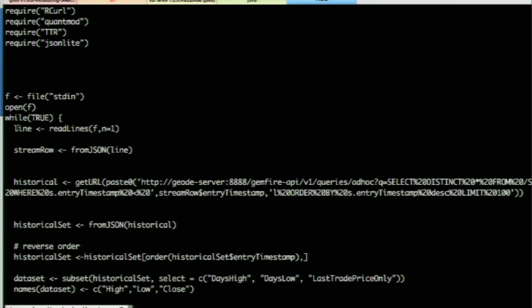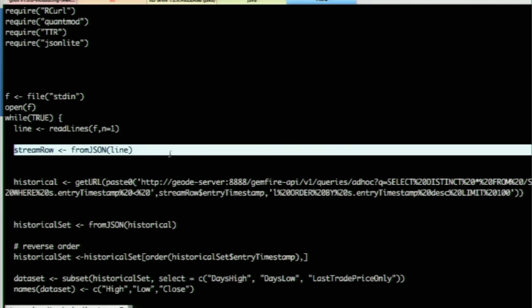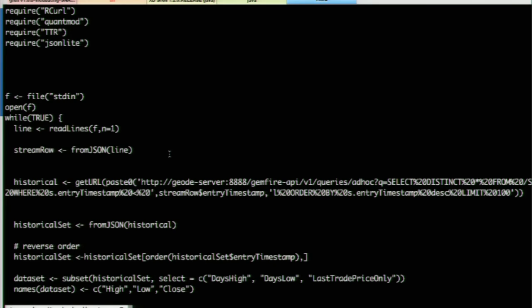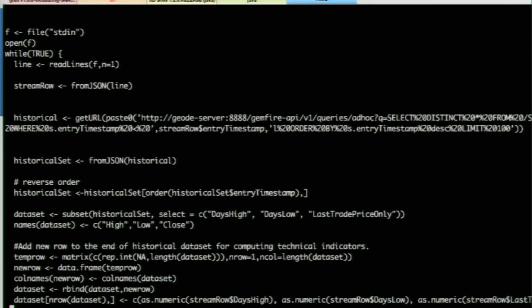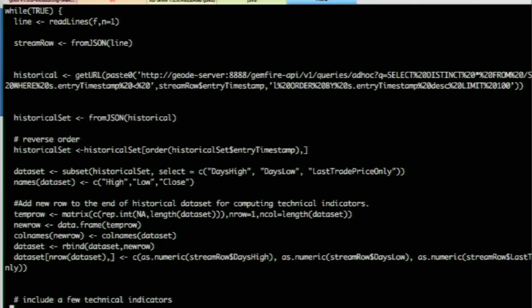I read the lines, and I convert it from JSON to our objects, and then I go to my GemFire or Geode server, as you see, and I make a RESTful request. That is a query to read the historical data, because I'm calculating indicators based on what's sitting there, right? Then I convert that from JSON again, I reverse the order,